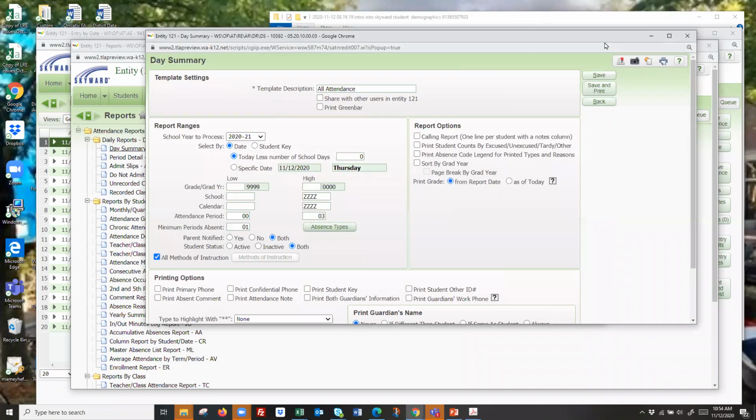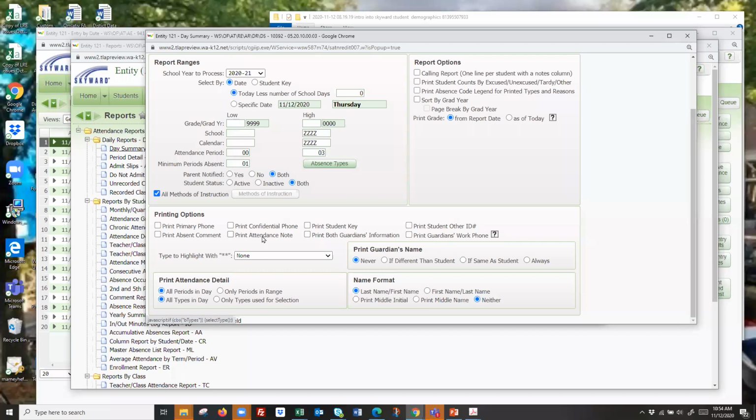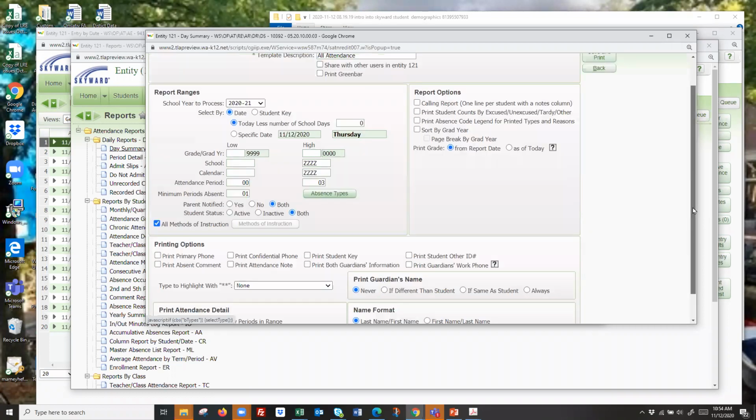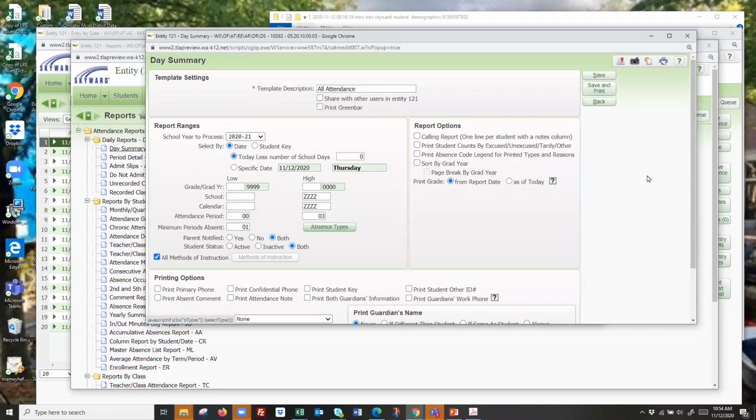And I hit save. And then down here, I didn't really need all of this phone number, parent name, or any of that stuff on this report. So I took it off. I didn't even have my one line. So, but you absolutely can create it any way you want. So then if I say save and print,